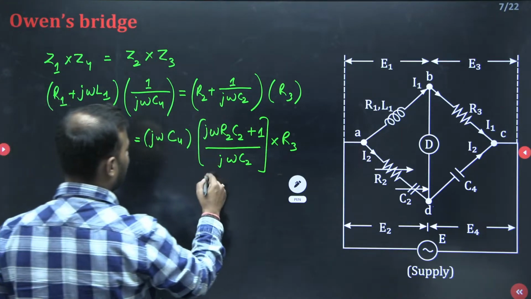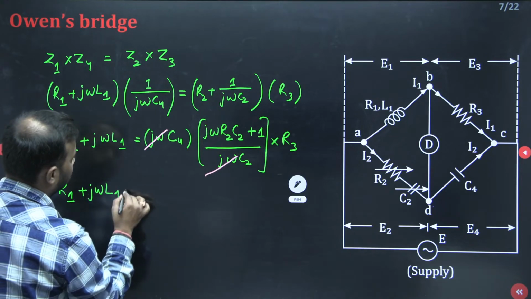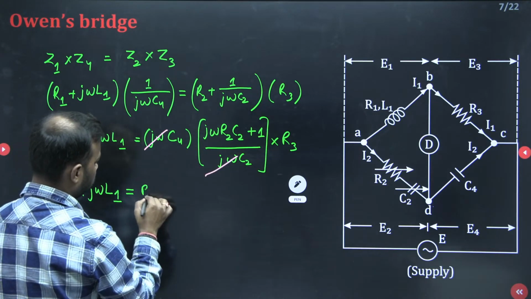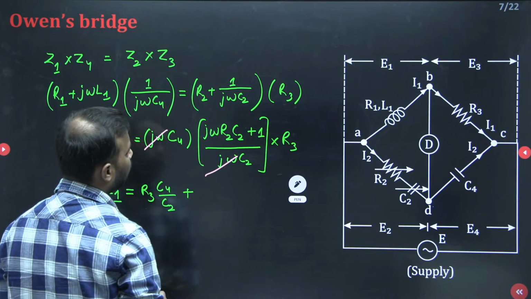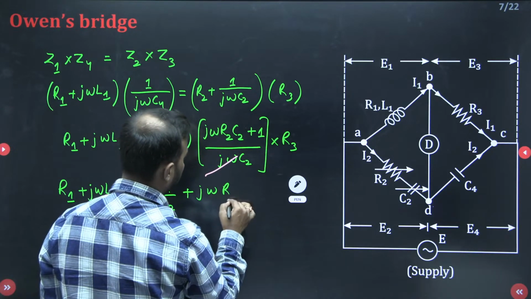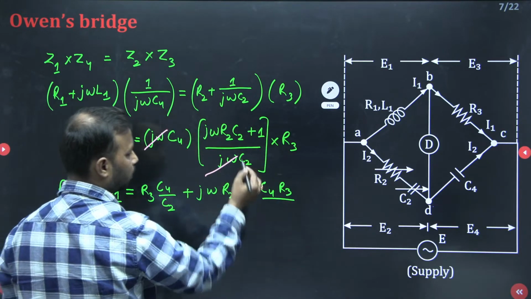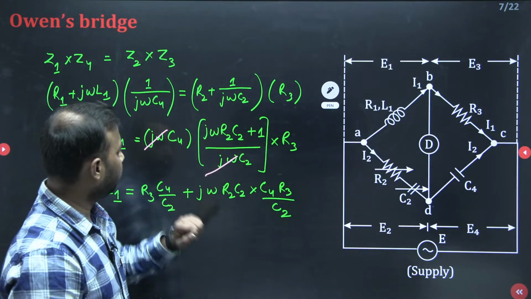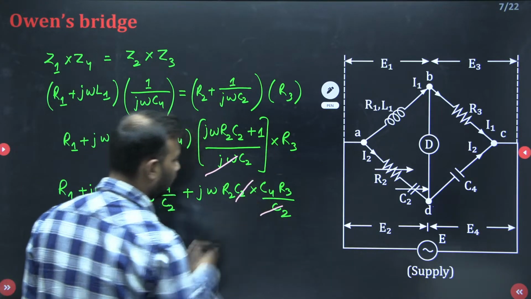Now see, this j omega and j omega will be cancelled out, and from here R1 plus j omega L1 will be equal to R3 C4 by C2. Next, take the imaginary term. This will be equal to j omega R2 C2 into C4 R3 by C2. Okay, please check. This is j omega R2 C2. Next, C4 R3 divided by C2. So C2 will be cancelled out. So we are left with